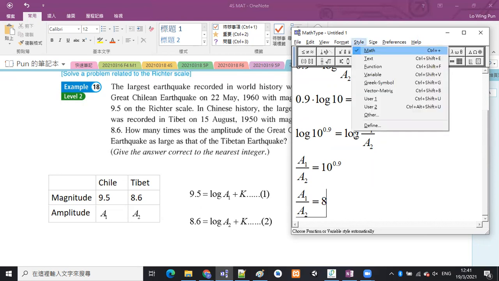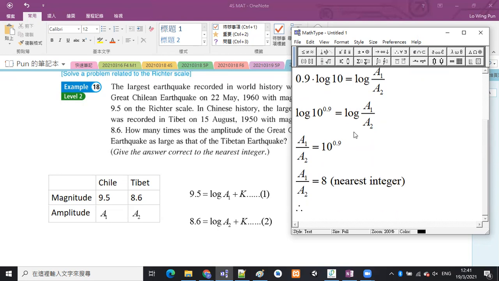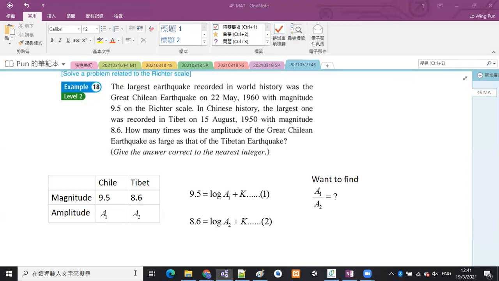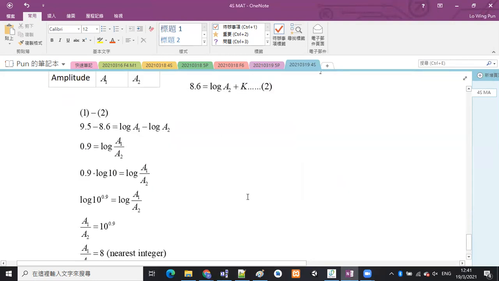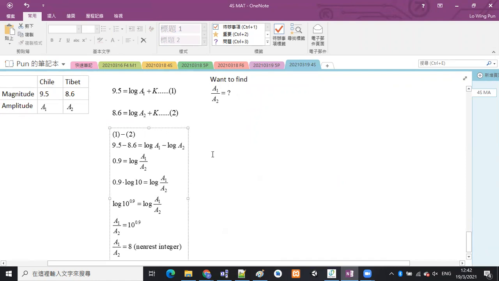Correct to the nearest integer. Okay, so just answer the question. Therefore, it is 8 times. 咁就算啦。